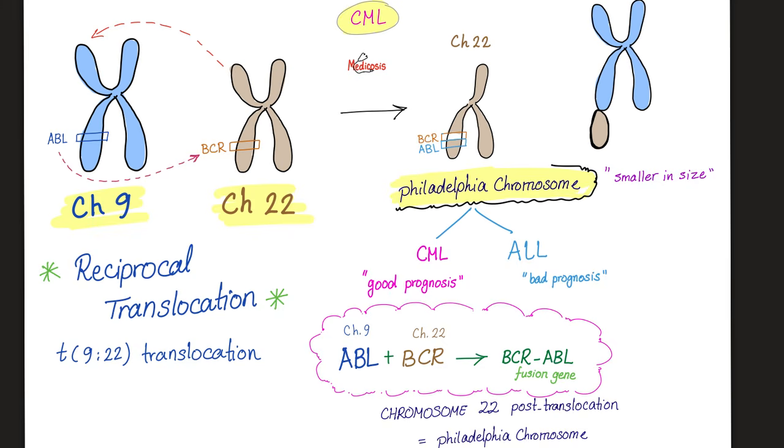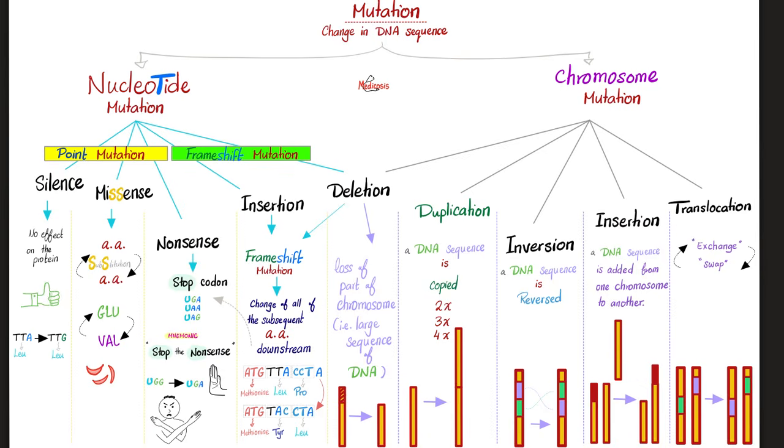But on chromosome 22, there is fusion between BCR and ABL. We call this fusion gene. An example of reciprocal translocation. Scratch my back, I scratch yours. Got some reciprocity action going. And since this happened between chromosome 9 and chromosome 22, we call the translocation T for translocation 9 and 22. Please pause and review. If you want to be an excellent student, bring a blank piece of paper and draw everything here. Better if you can do it from memory.